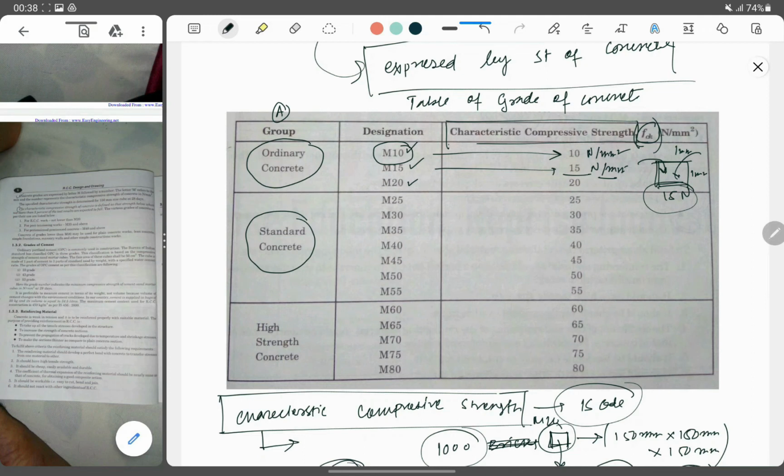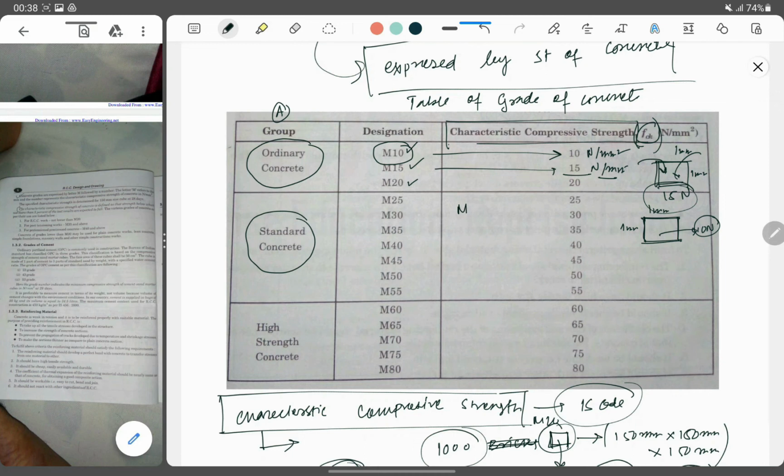For M10, you take a block of 1 mm by 1 mm. That block can resist a maximum of 10 Newton. That is M10. But in that scenario,